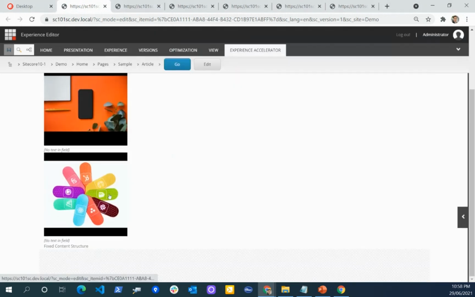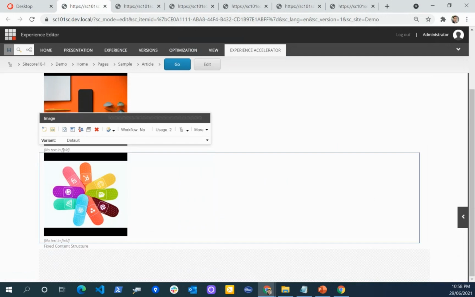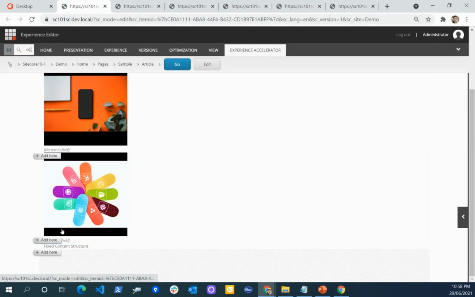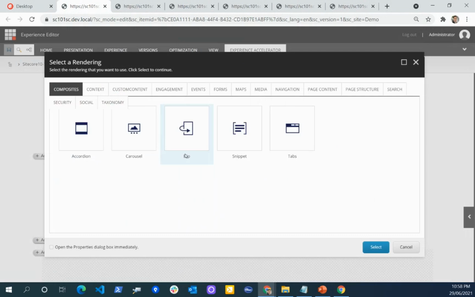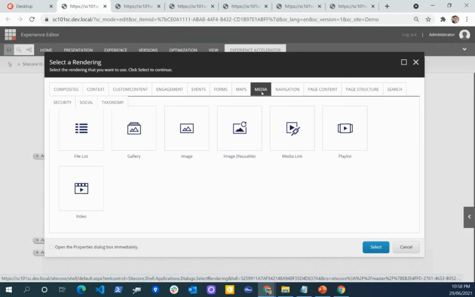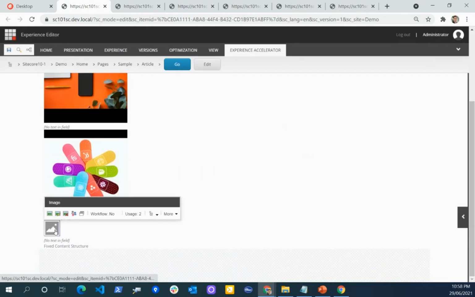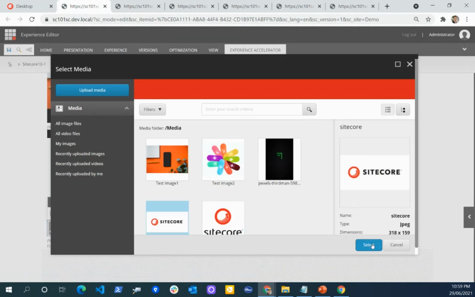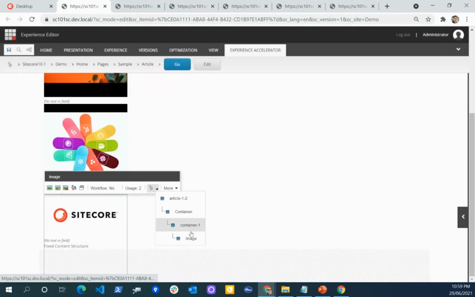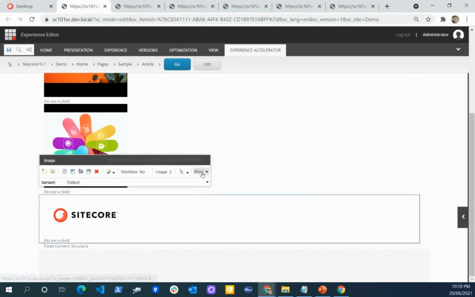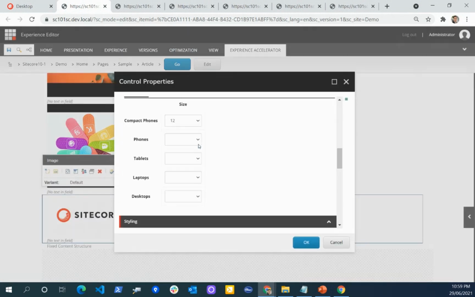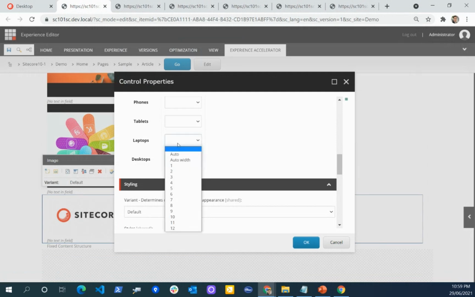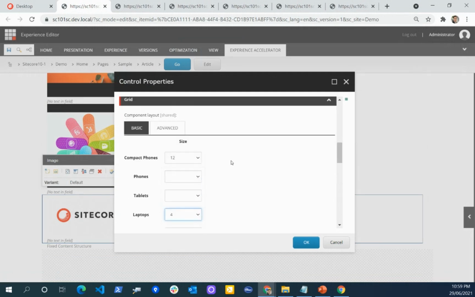Now, one more thing, which is again very interesting. If I add one more media content, let's say one more image, and I choose a site logo, and give it the same 4 and 4, here you can see there is one more option, which is advanced.